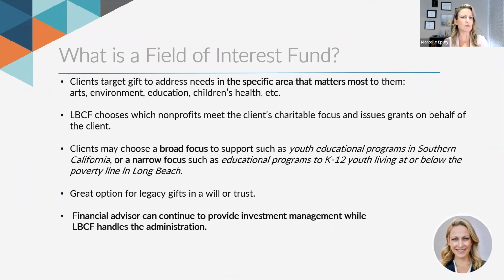You don't want to get too specific, though, because according to the IRS, a charitable contribution has to go to the broad masses. So we couldn't say the charities that are along Atlantic Avenue in downtown Long Beach, for example. This is a great option, just like the designated fund, to take what you established today and put it in a will or trust, because it's almost like an open account that would be ready to receive your trust assets upon death.